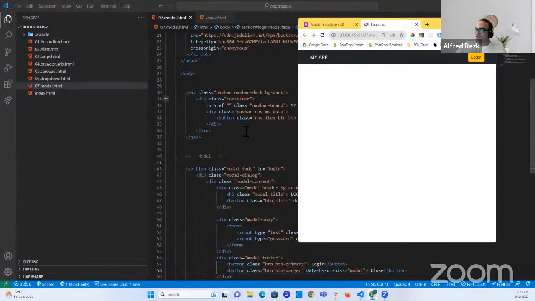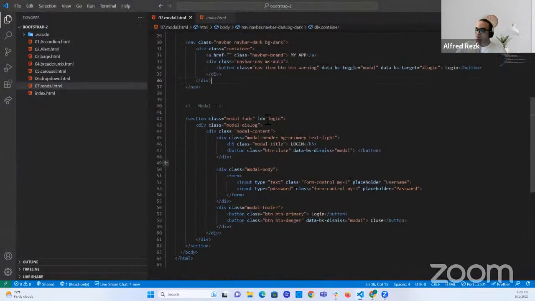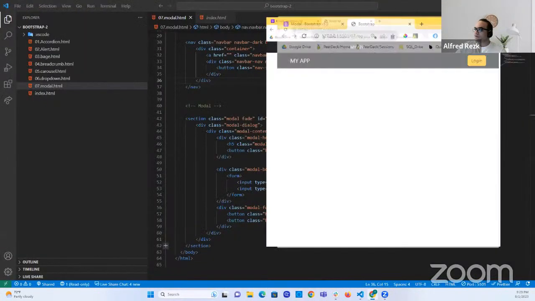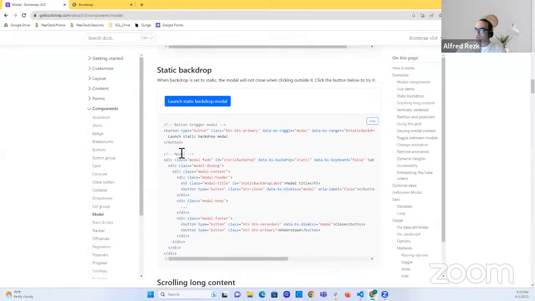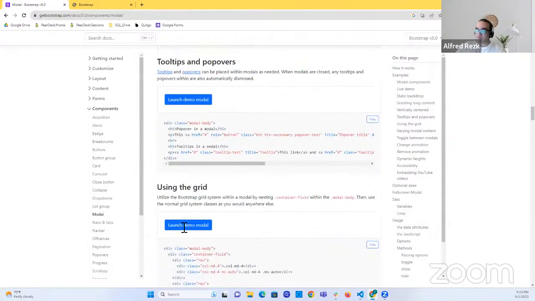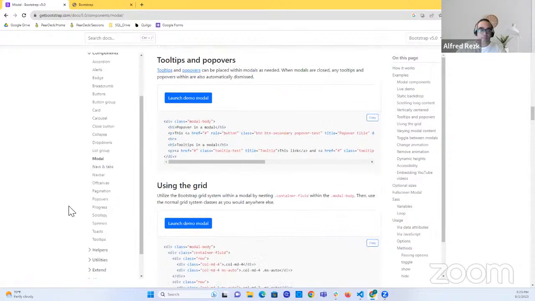Okay. So as you can see, it's very simple to use Bootstrap. To get the same effect with just using CSS, it's going to be a lot of work and a lot of CSS to write. But with Bootstrap, it's very simple. Okay, you can have different variants of modals as well. Let's now talk about